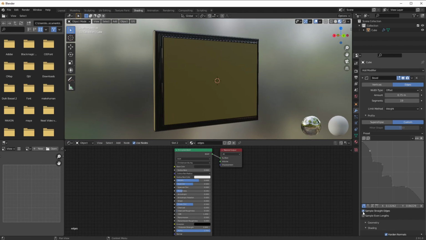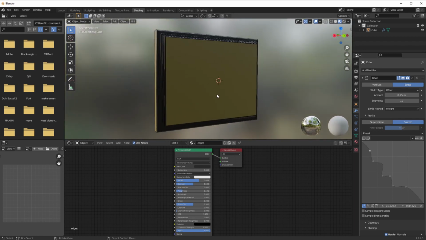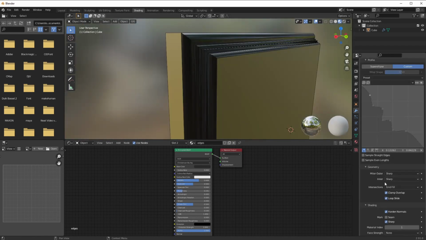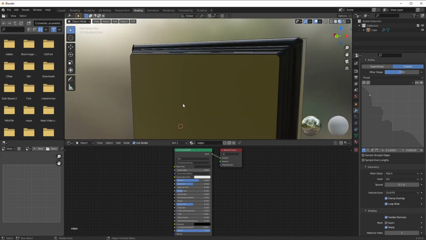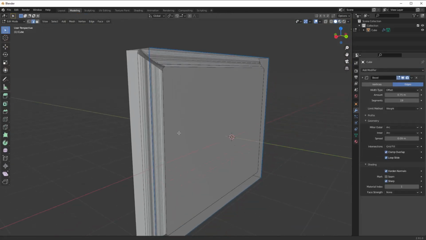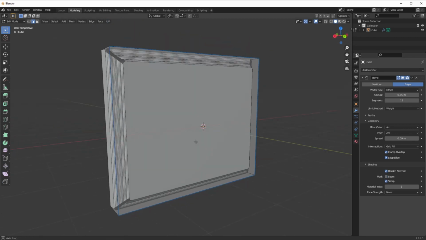Bevels are really, really good. And again, it's a way of making stuff really quickly without too much bother. We can also make them arc, so we get nice round corners as well. The major reason that I love Bevel is that it does a better job than using a subdivision surface if you're building things to get a